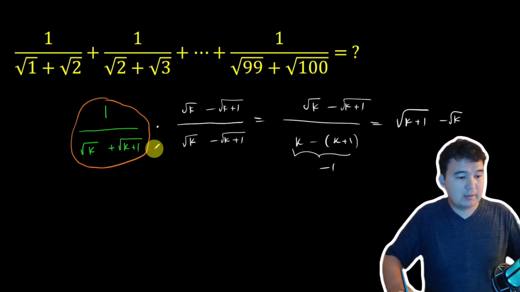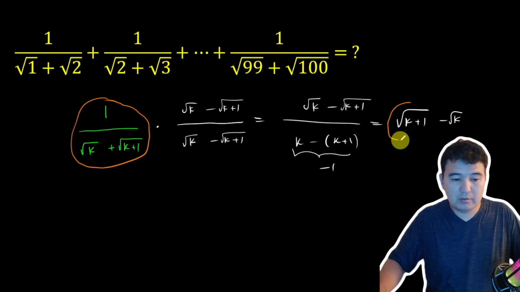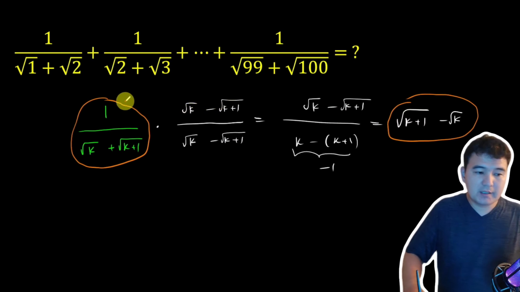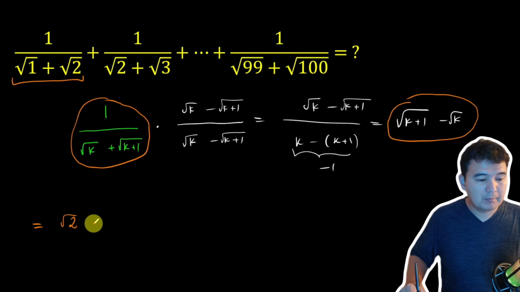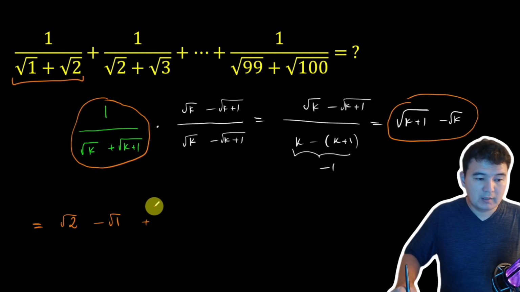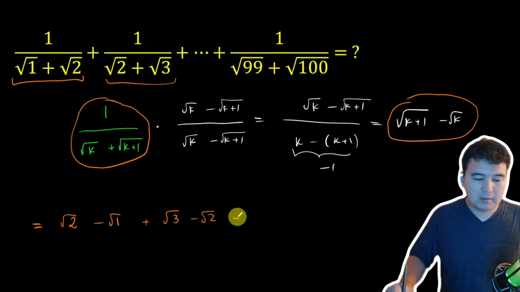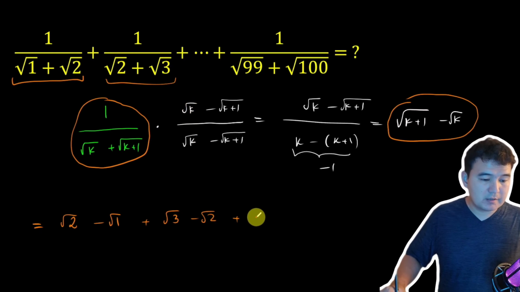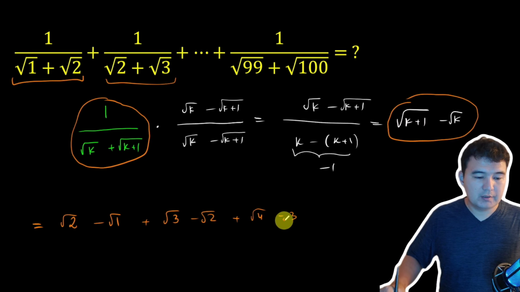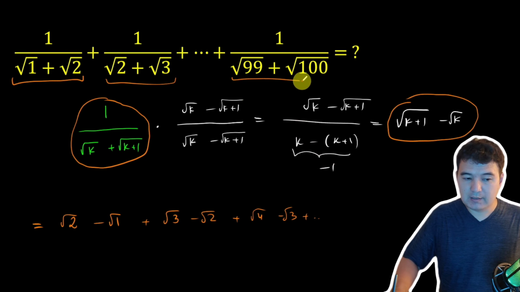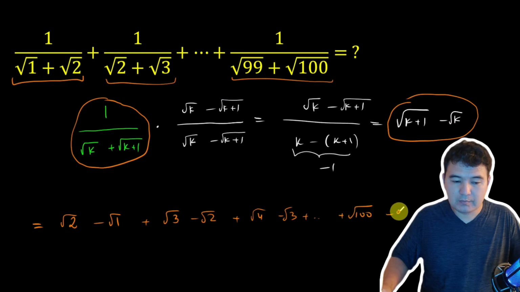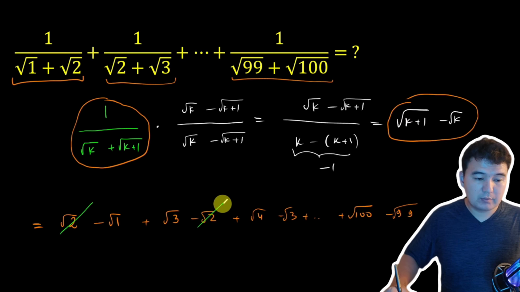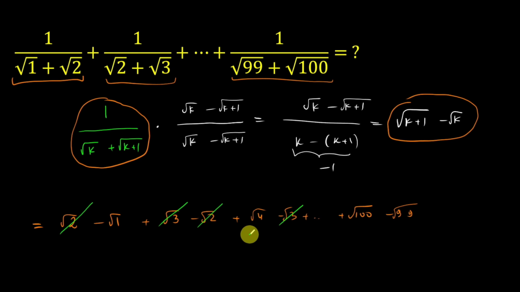So that's the general expression for our problem. You can treat this as a formula. This type of expression is equivalent to this one. So if I rewrite the first expression, it turns out to be root of 2 minus root of 1. The second expression turns out to be root of 3 minus root of 2. And the next expression is obviously going to be root of 4 minus root of 3, and so on up to this last term, which becomes root of 100 minus root of 99. This root of 2 and minus root of 2 becomes 0. This root of 3